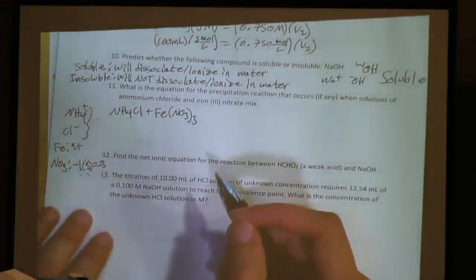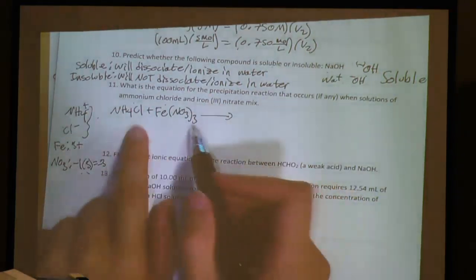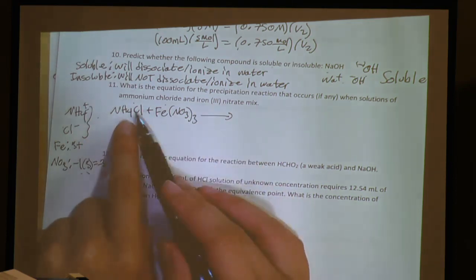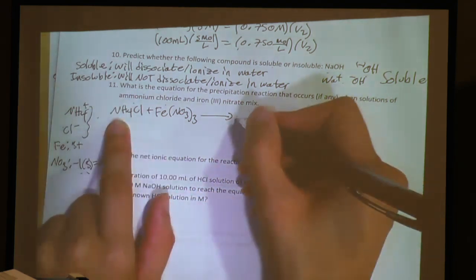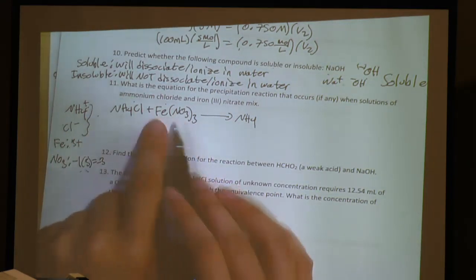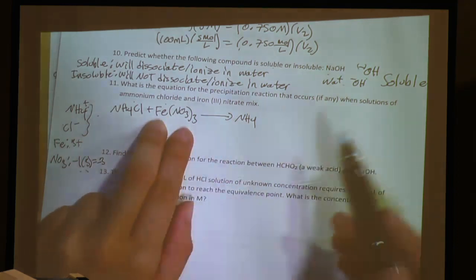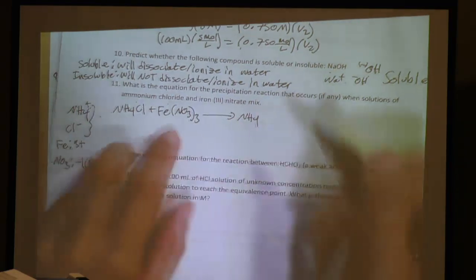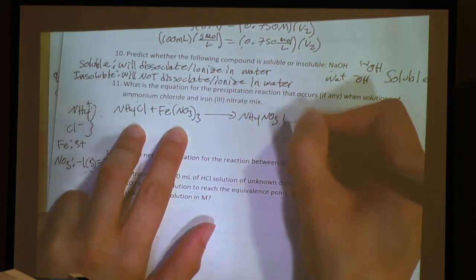So now it gets into solubility rules. These are going to react. Anything that has NH4 in it is always going to be soluble. There are no exceptions. So we have NH4 is going to pair with nitrate because what's paired with iron is going to be soluble. If we look at the solubility rules table, we'll see that this compound right here is going to be soluble. So NH4NO3 plus